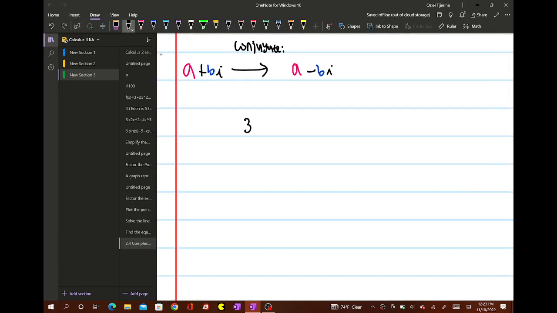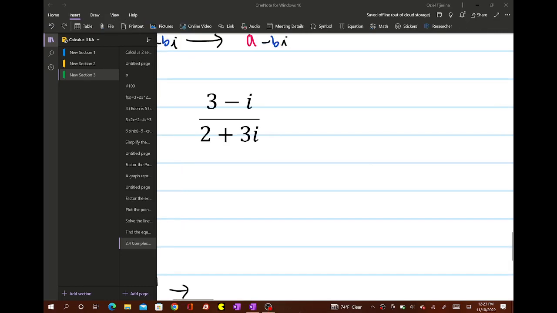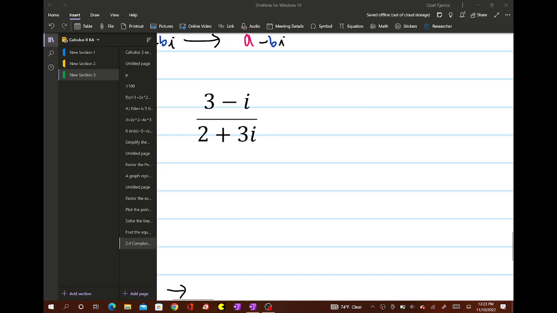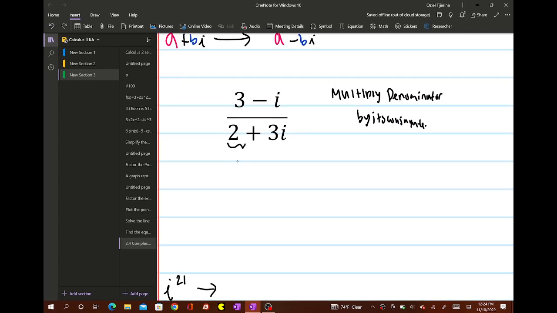So if we have something like this, right, we need to multiply the denominator by its conjugate. And like I said, if we have something like this, so we have 2 plus 3i, the